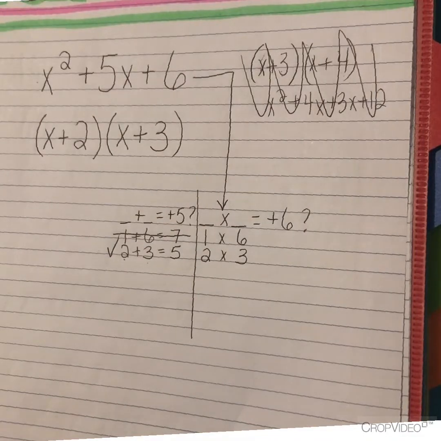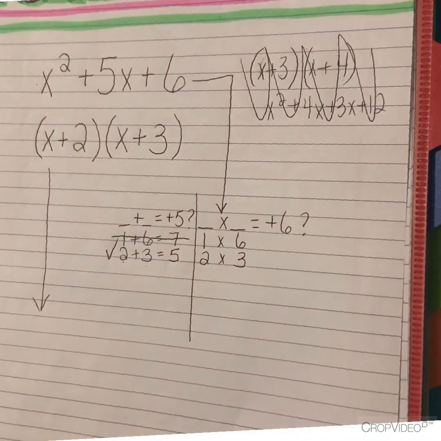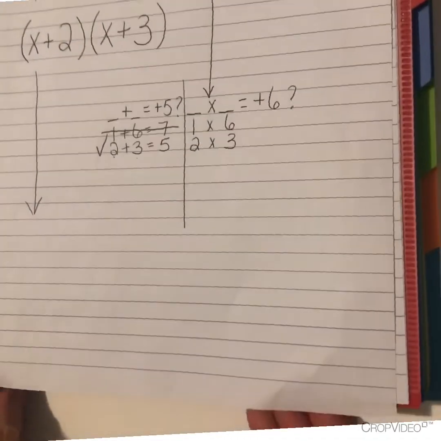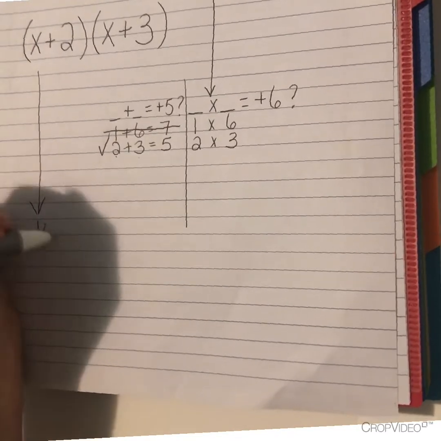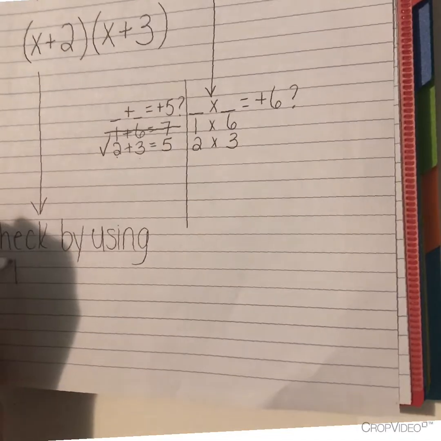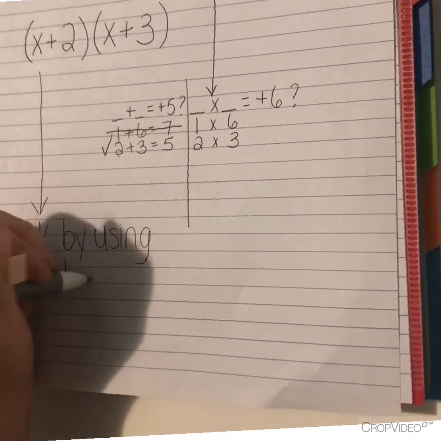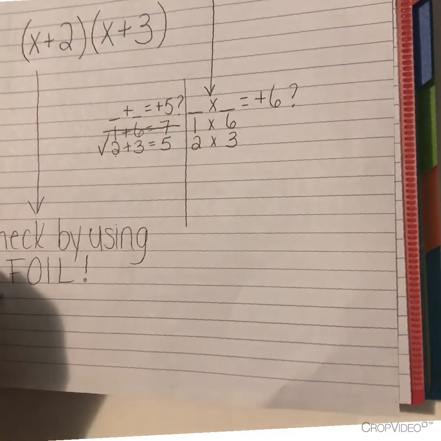So we did find a solution, but we have to make sure that we're right. If you're unsure, this is a way to test it out. You're going to check your answer by using FOIL. So we're going to take what we got, which is x plus 2 and x plus 3,